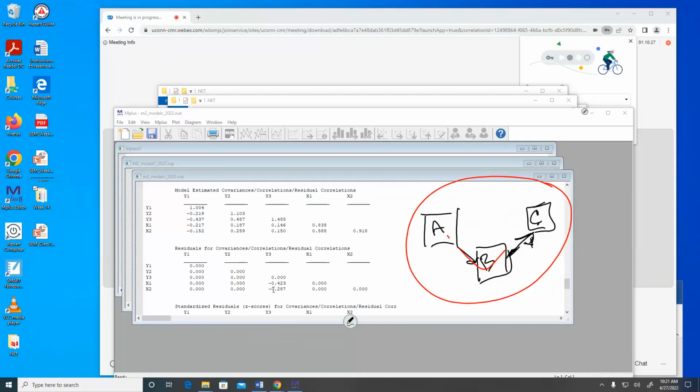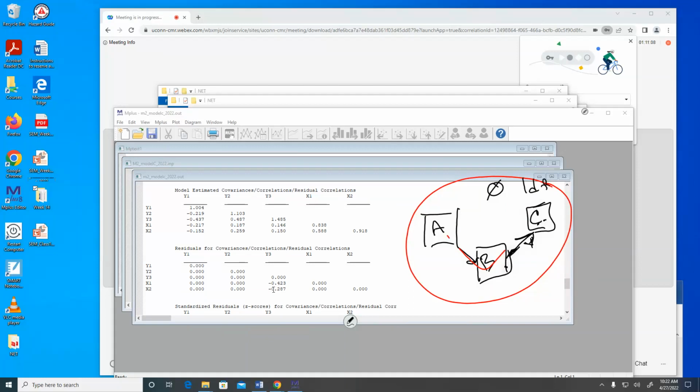Now, by not putting a path there, I really am saying, after controlling for the effect of B on C, there is no direct effect of A on C. That the partial regression coefficient of A on C after controlling for B is 0. And so that is a constraint that I'm making. And the degree to which that doesn't fit is what's contributing to my 1 degree of